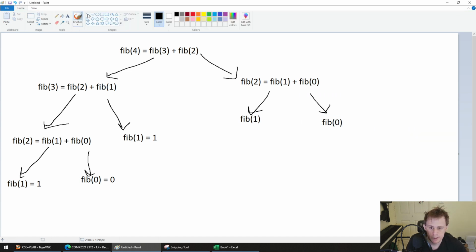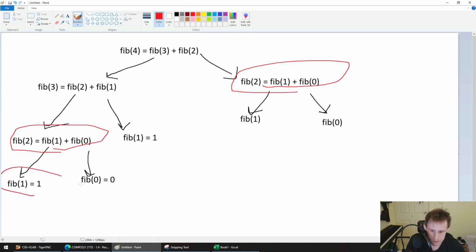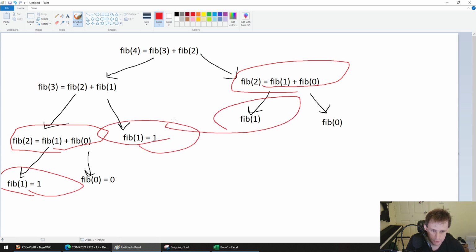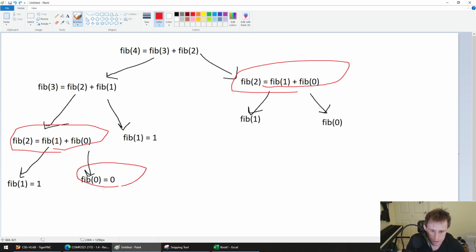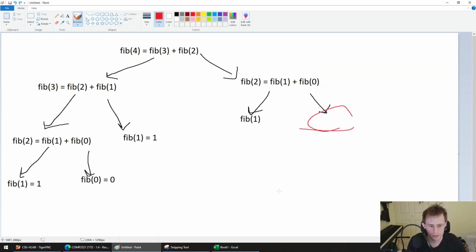Now notice this. I want you to notice something. Notice how much repetition is involved here. This was already calculated over here. This was calculated 3 times, fib 1. Fib 0 was calculated twice. So we actually have a lot of redundant calculations here because recursion